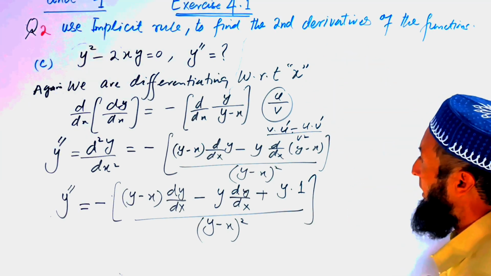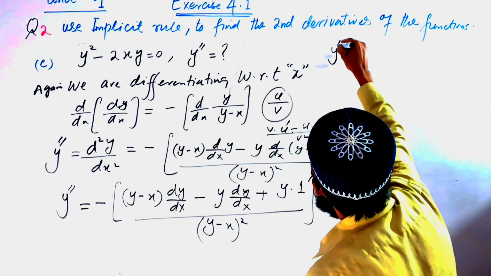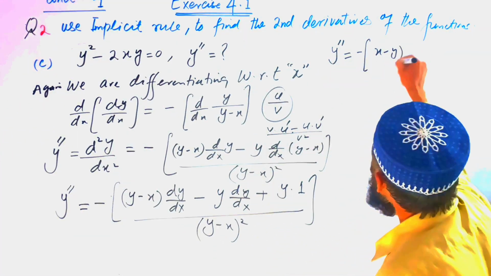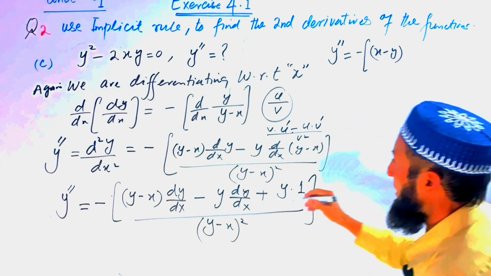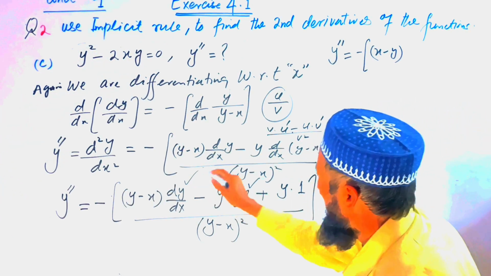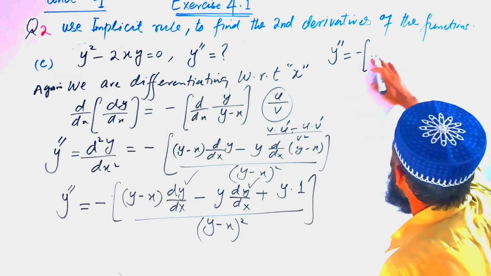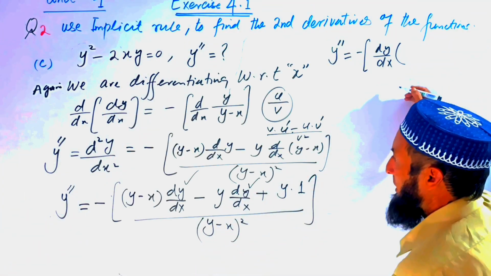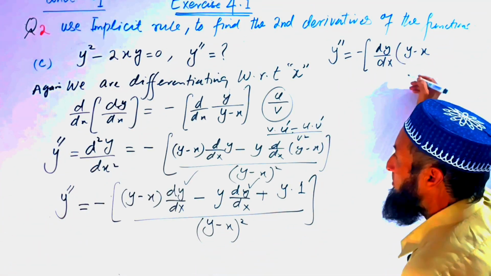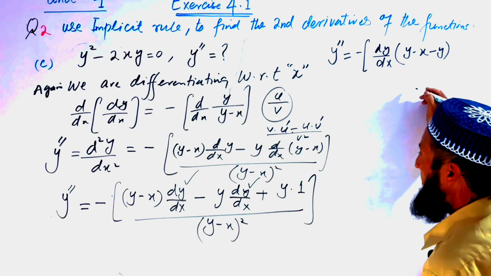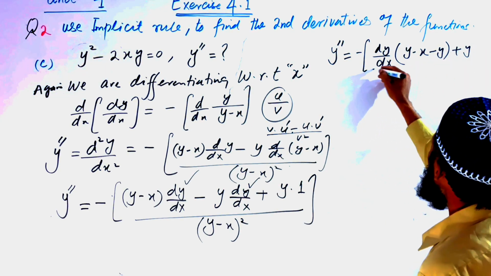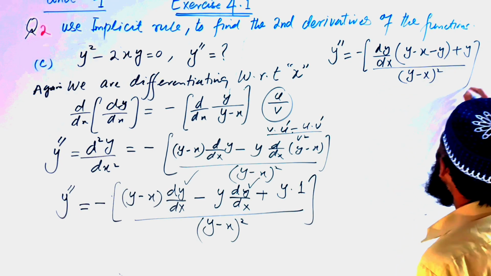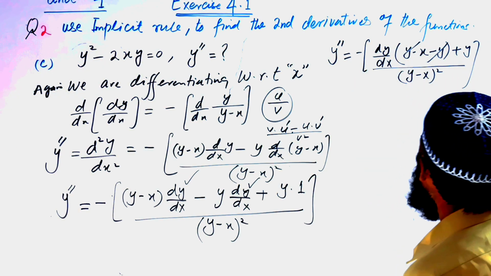Next we have to simplify this. y double dash is equal to minus x minus y dy by dx. We take dy by dx common from here, and here we get y minus x minus y plus y, divided by y minus x whole square. So y minus x minus cancel,